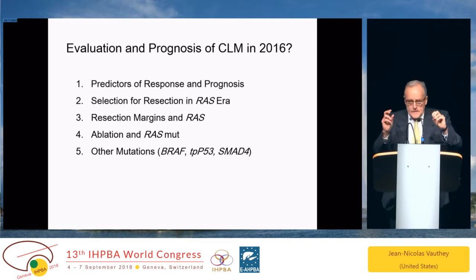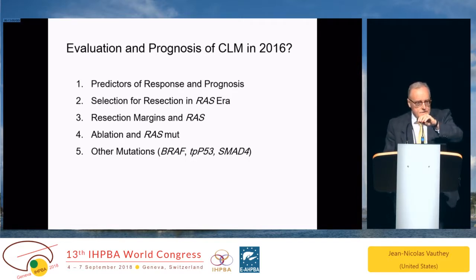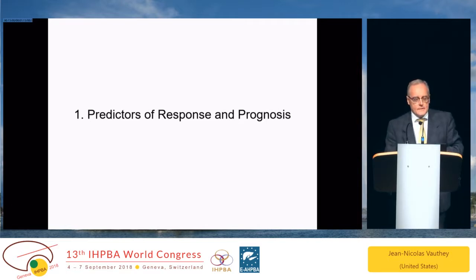So, you have to open your eyes when you look at colorectal liver metastasis first. Open your eyes in pathology and in radiology. It's going to be point number one. Then, is it useful? Do we use RAS in our selection for resection? How do we use it at our institution? Then I'll talk about the resection margin, which was alluded to, then ablation and RAS mutation, and then there will be RAS fatigue in this group, and I want you to wake up because I present you with new data regarding TP53 and SMAD4, and I will allude to BRAF.